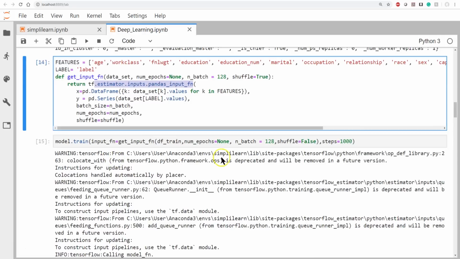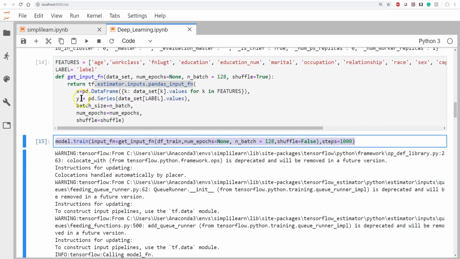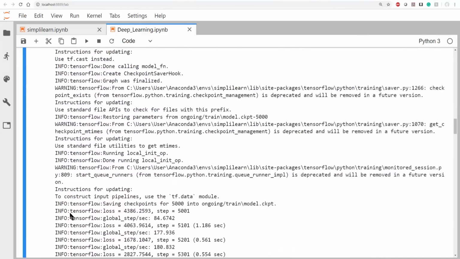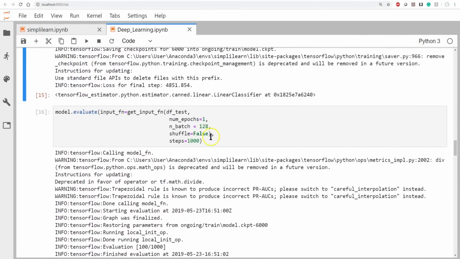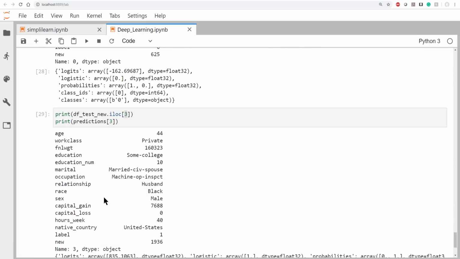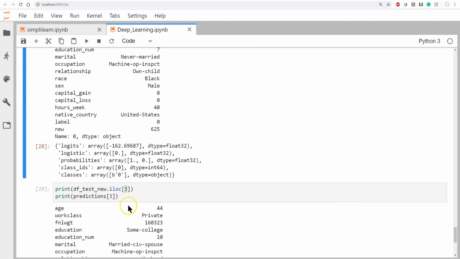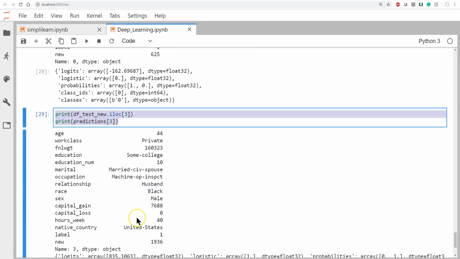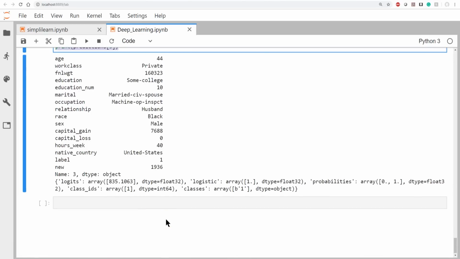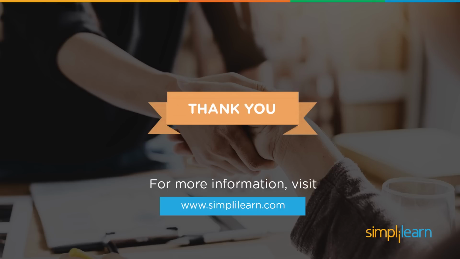And then we train our model. That's pretty straightforward. Once you have your input function and all your setup, training the model is quick. And then we go ahead and evaluate, and then we can go ahead and create a predict, and then look at our predictions and how they work on individuals. So it gives you a whole roundabout setup on here and how this is set up and how it's working. Certainly there are a lot more things you can do with TensorFlow. This is the basic TensorFlow, and it's always developing, so it's exciting. This is going to be one of the most exciting fields right now because it is really in an infant stage and just exploding in the market. So with that, we'll go ahead and wrap it up.